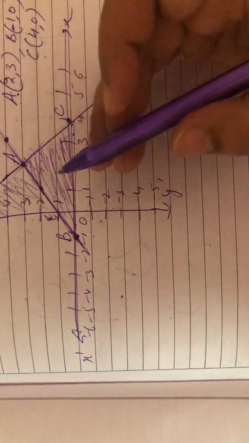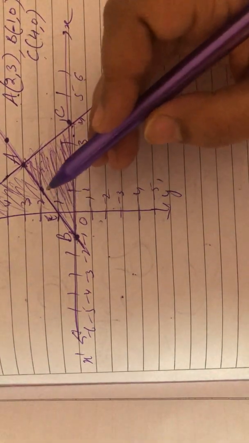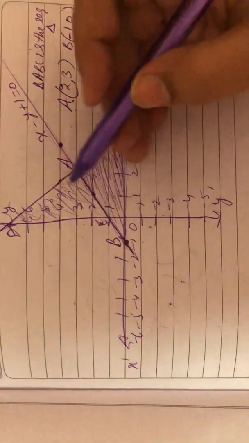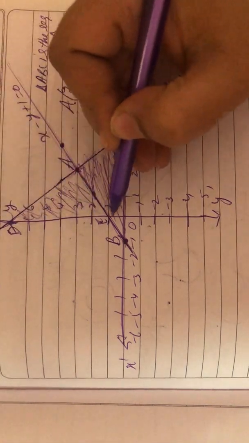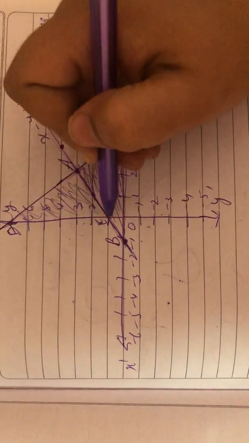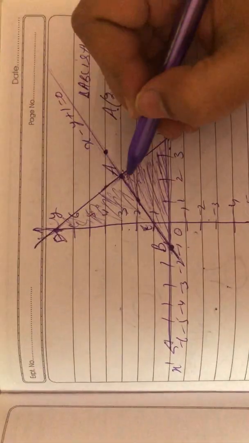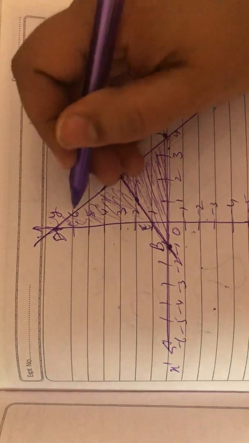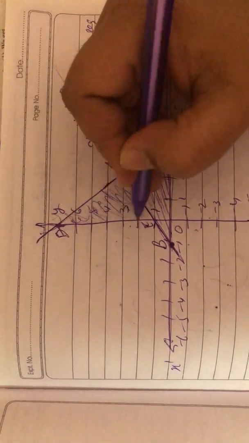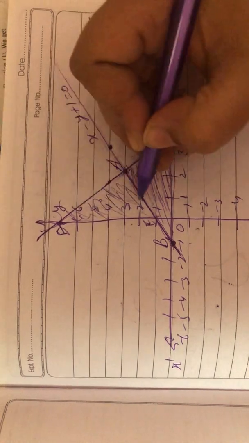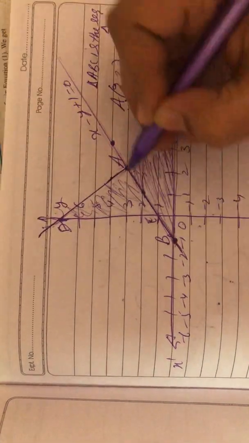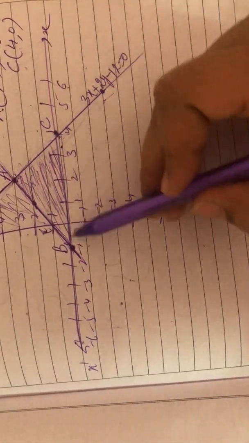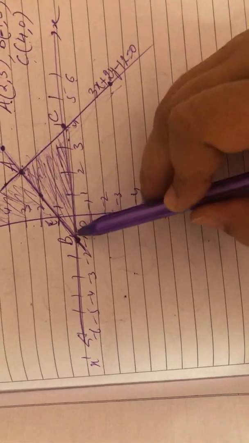Now if the question comes that we have to determine the triangle made with the help of these lines and the y-axis, then your required triangle will be this one. Suppose this is D, E, then ADE is the required triangle. If we have to determine the coordinates of the vertices of the triangle formed by the graphs of these two lines and the y-axis, then this will be the required triangle. But here we have to determine the triangle made with the help of these two lines and the x-axis.